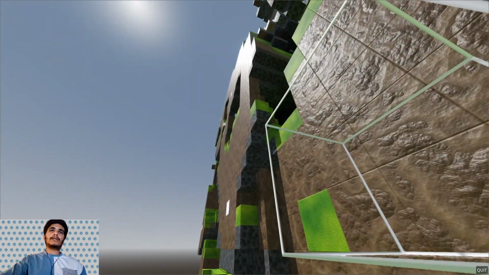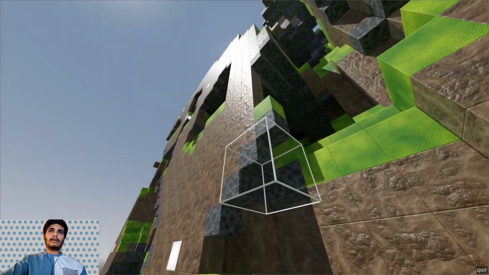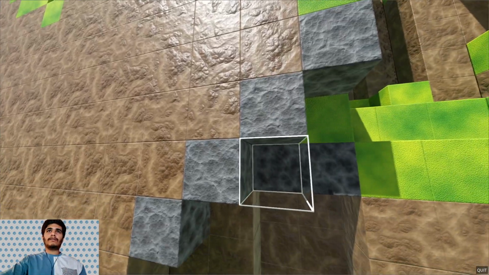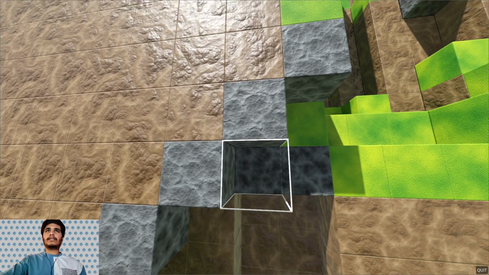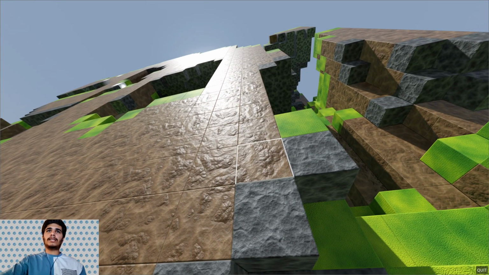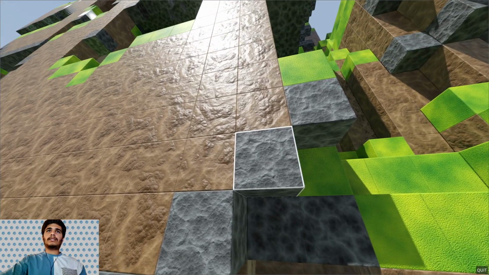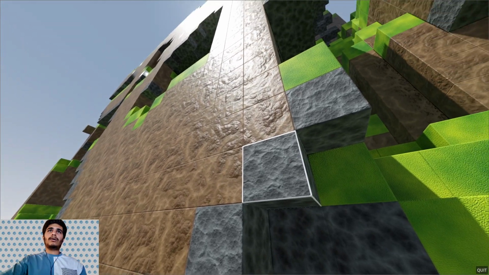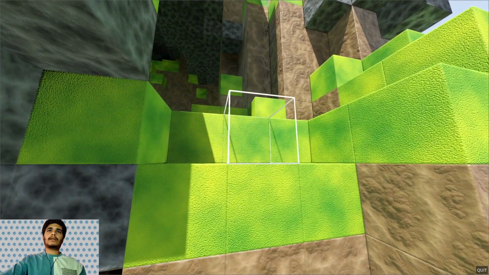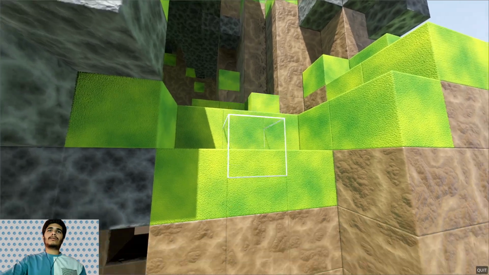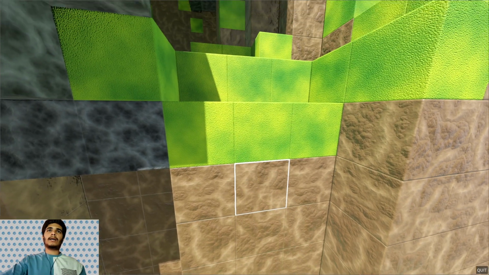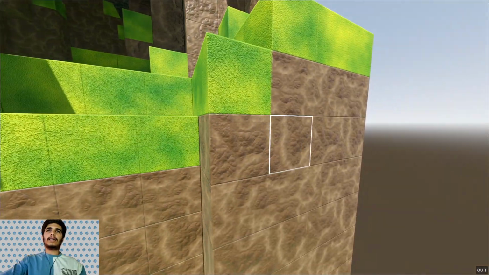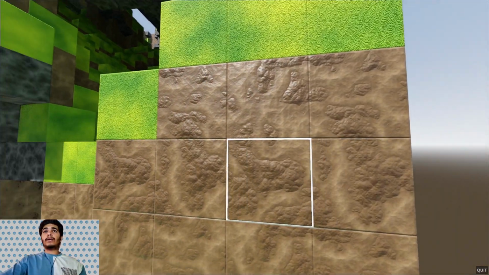Okay, so as you can see, if the lower noise value is less and the upper noise value is high, we are going to put a rock texture, and if the upper noise value is low and the lower noise value is high, then we are going to put a grass texture,